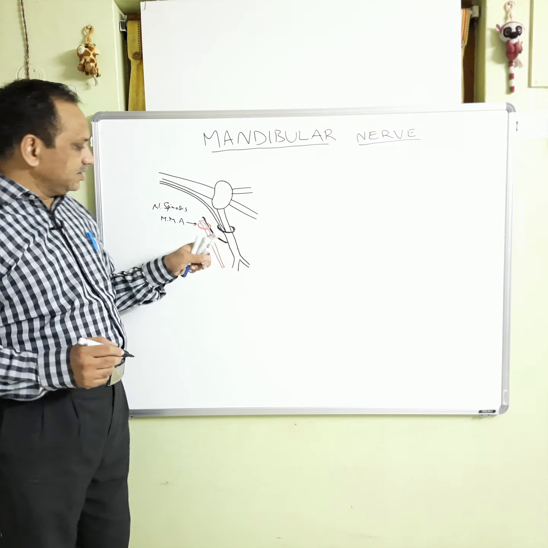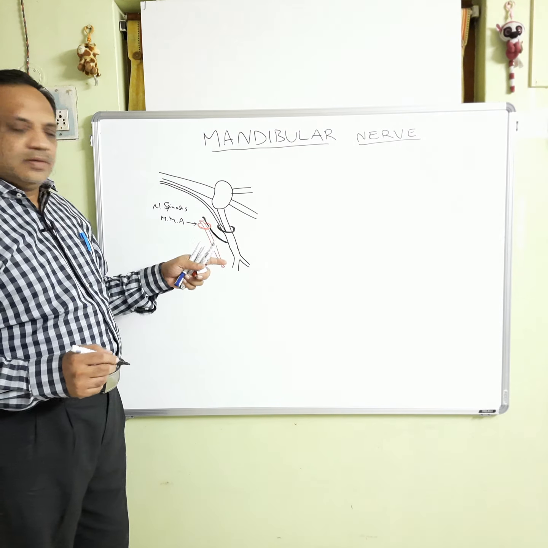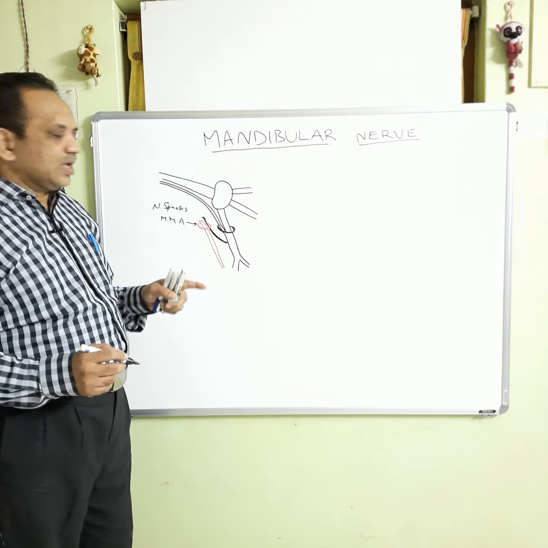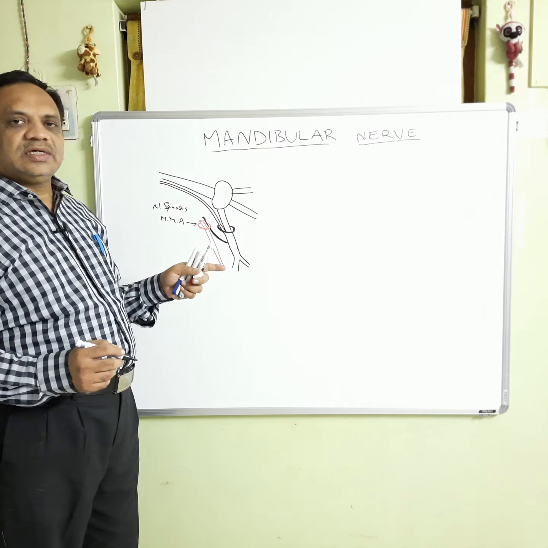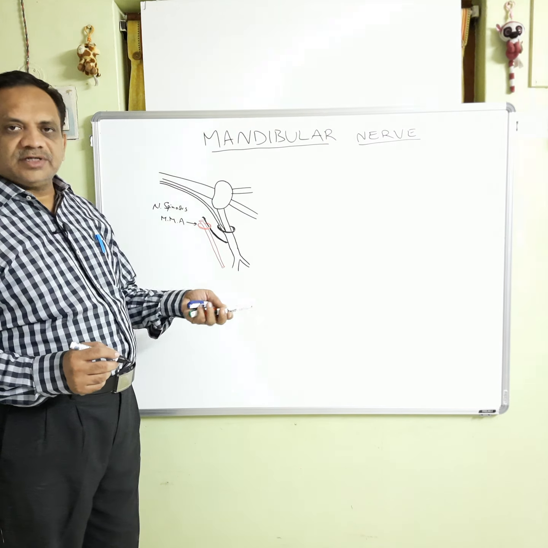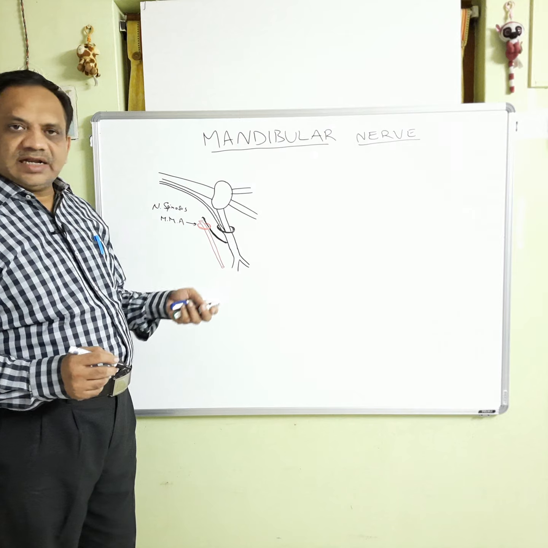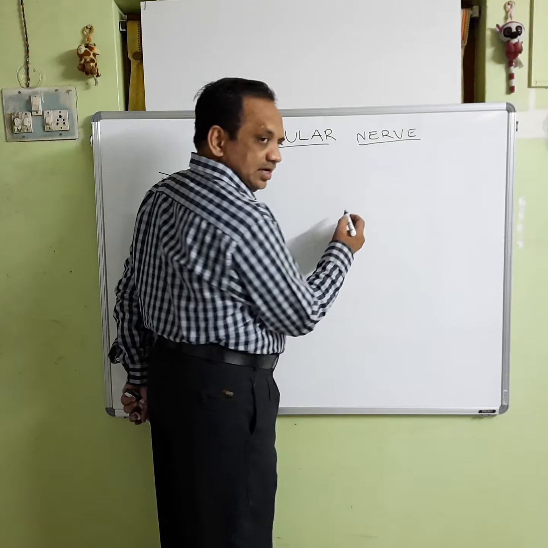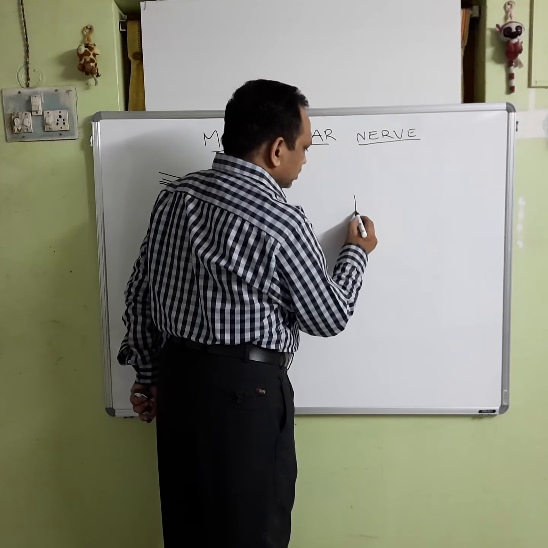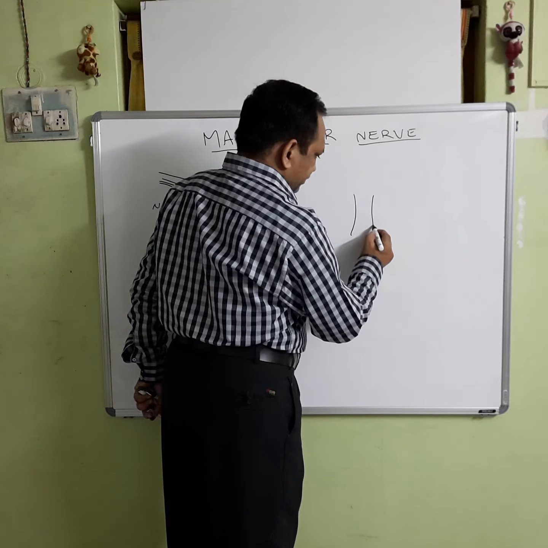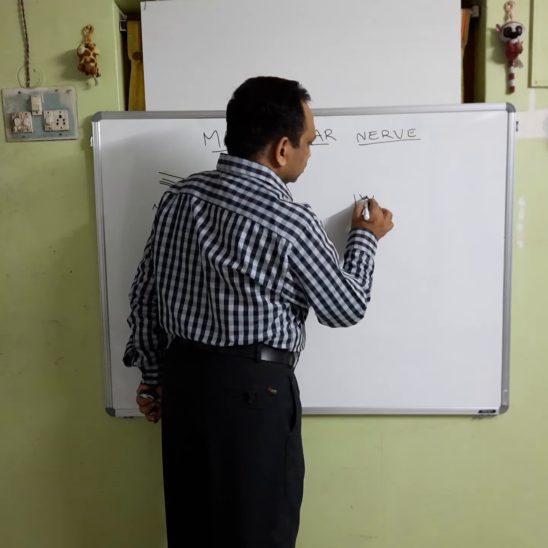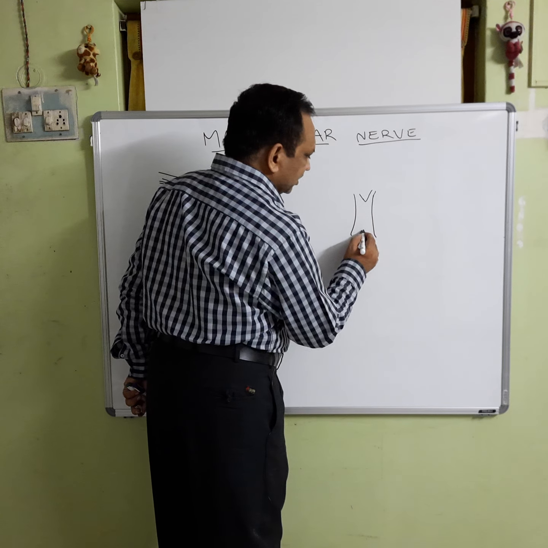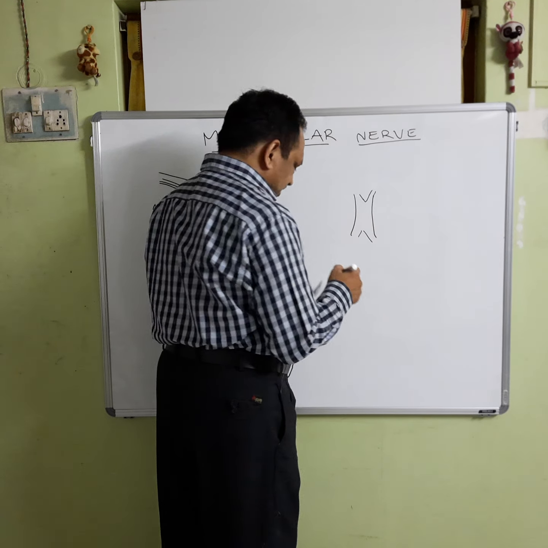On the medial side, that is on the other side, the nerve to the medial pterygoid muscle is present, which is a short nerve, and that nerve also gives two or three filaments to the tensor veli palatini and tensor tympani. We will see the medial side also here. These are the two roots, motor and the sensory, and anterior division and posterior division. So this is the medial side.